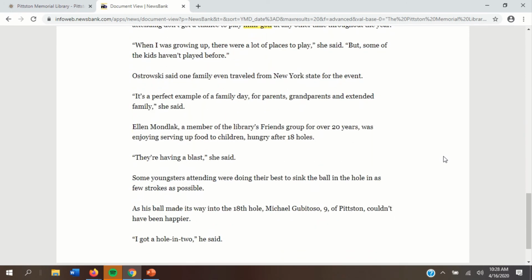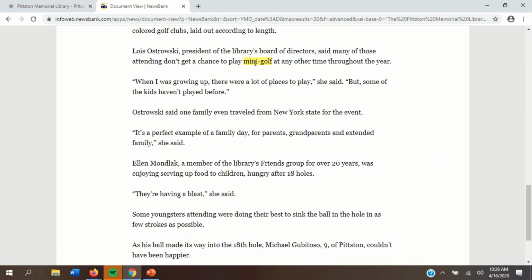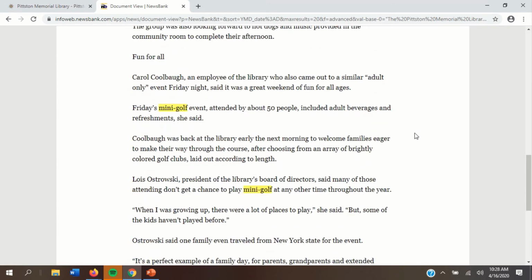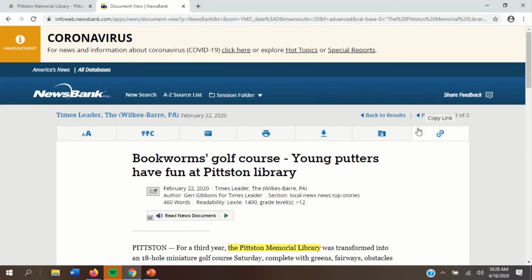So that's a lot of fun. And over here you can see the highlighted parts are going to show what we searched in and all of that. And if it's something that you want to hang on to for your records or what have you, you can just hit print. You can download it and save it to your computer, email it to a friend, cite your resource for school. You can even change the text size. Well, that's really great.